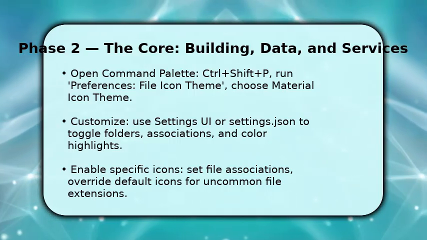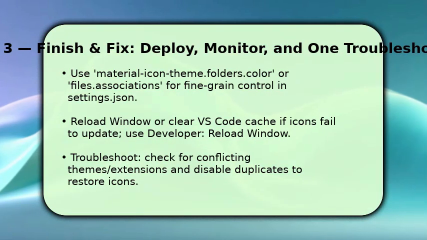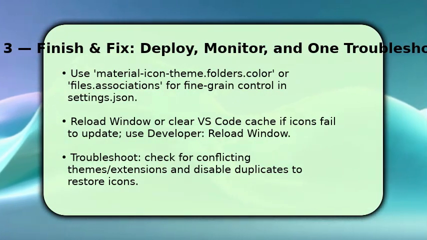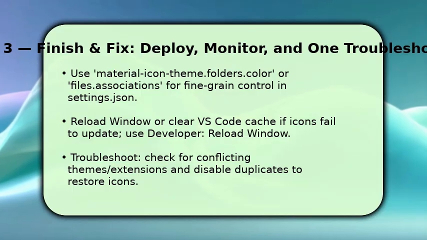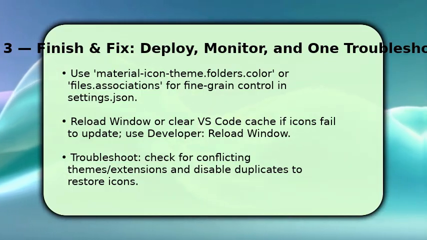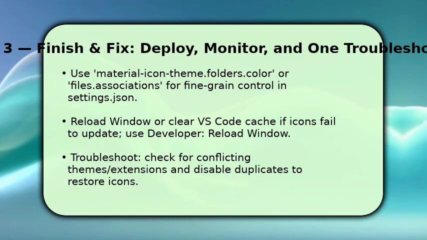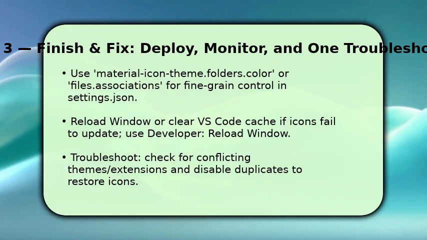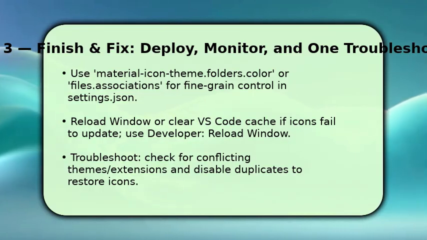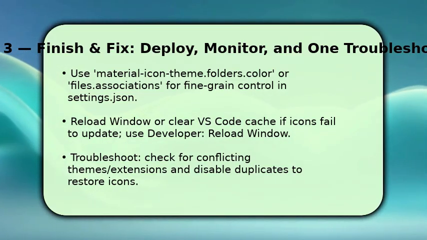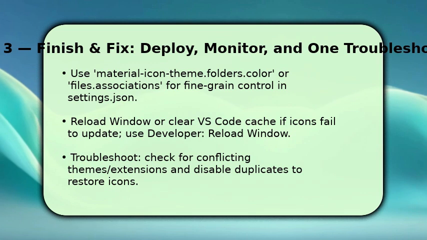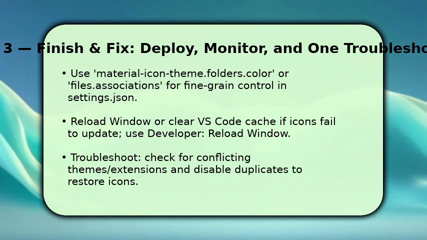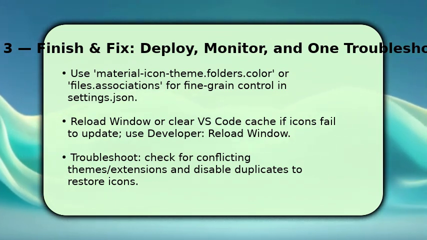Finish by applying advanced tweaks and knowing how to fix issues quickly. You can set folder colors and exact file associations in settings JSON using Material Icon Theme keys for fine-grained control. Once changes are saved, run Developer, Reload Window to force the UI to refresh. This resolves most update issues. If icons still misbehave, make sure to disable other icon or theme extensions that conflict, then reload again. That single troubleshooting step, disabling duplicates, usually restores correct